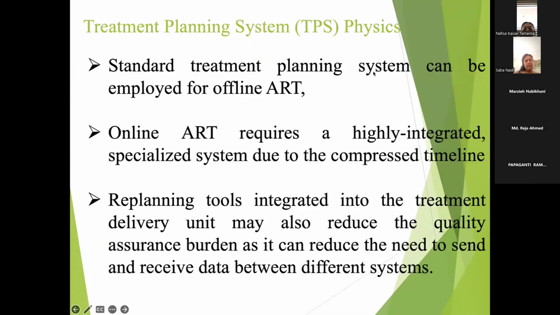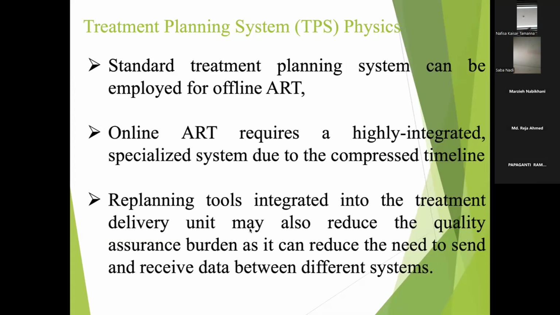So standard treatment planning systems, what happens? Standard treatment planning systems can be employed for offline ART, but online ART requires highly integrated specialized systems due to compressed timelines. So replanning tools integrated into the treatment delivery units may also reduce the quality assurance burden, as they can reduce the need to send and receive